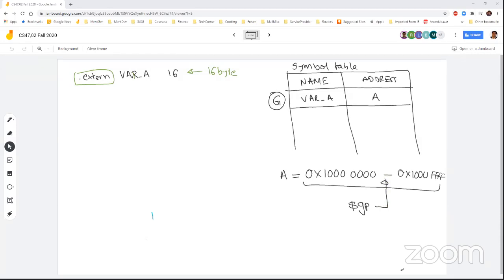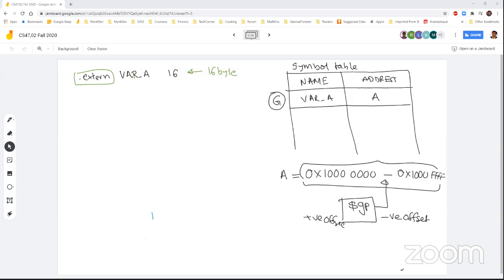So with respect to the global pointer, using it as a base pointer, either with a negative offset or a positive offset, you can actually access this entire address range. So all our externs are placed in this special data segment, so that we can easily access them using the global pointer register, and also mark it as a